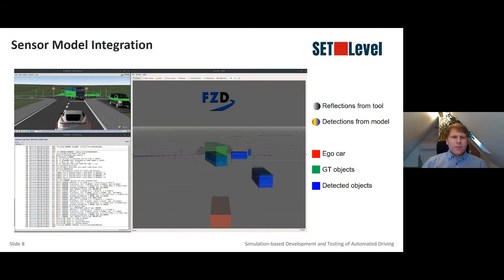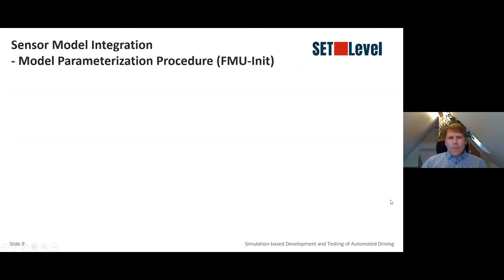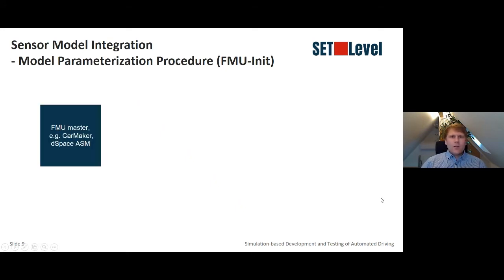So in the right part of the picture, these are visualized in color scale. And it's also visualized that the ego car is seen there as a red box, and the ground truth objects are visualized as green boxes. And of special interest, the blue boxes that are also output of the model, because it's modeling the whole sensor system, and in this case outputting moving objects based on a tracking simulation. And to go more into detail about the integration and the functional mockup unit and functional mockup interface that is used,